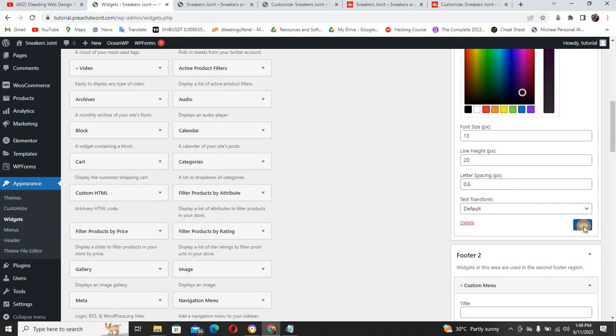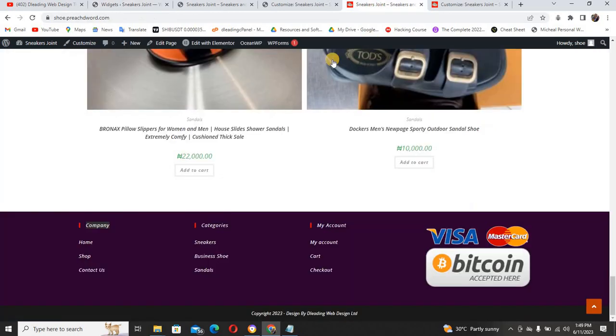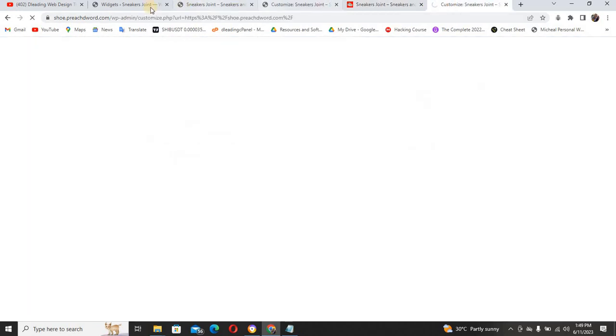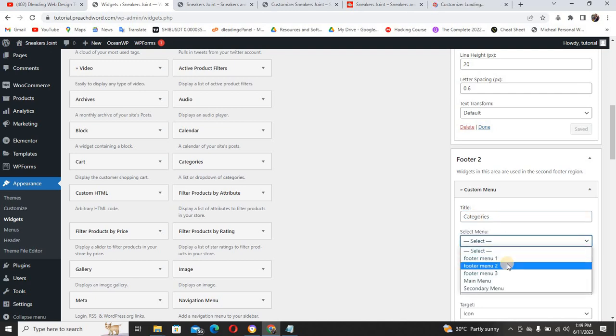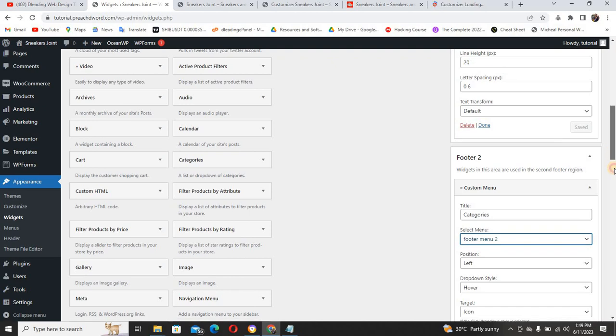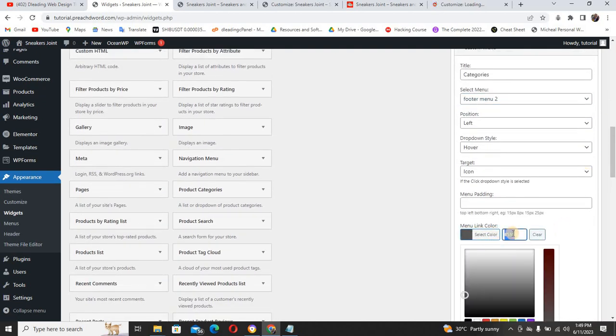Click on save. Once you click on save, the next one I want to do here is categories. Don't forget, this is what we have here, categories. So you can just copy this and paste it here. Select menu 2. That is what we did. Menu 2, and the color, don't forget it's still the same color,